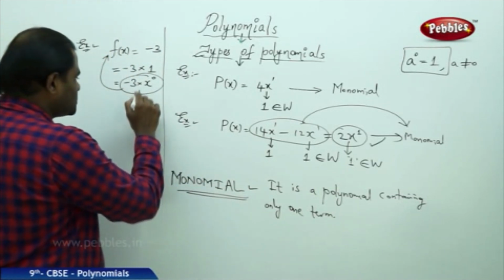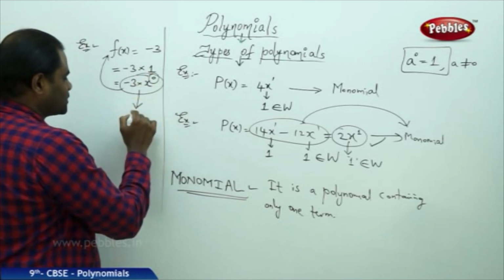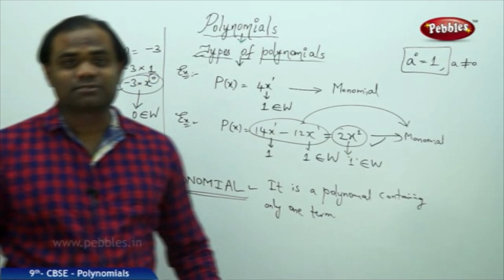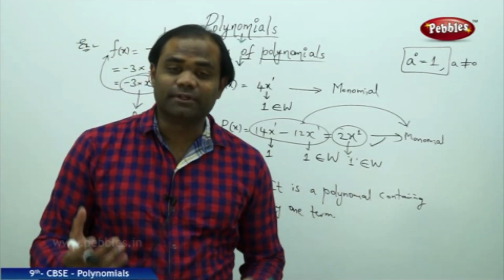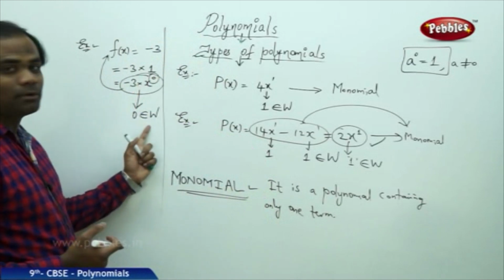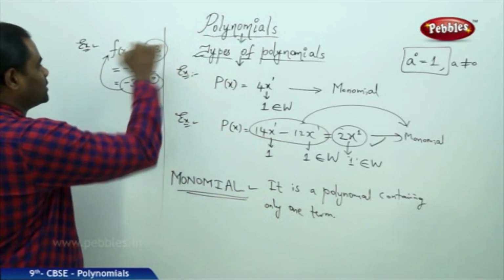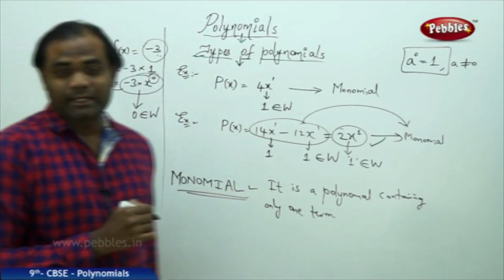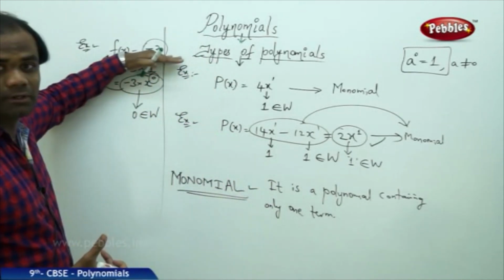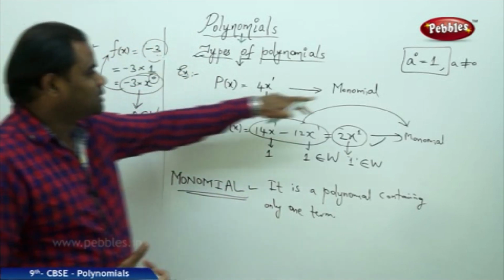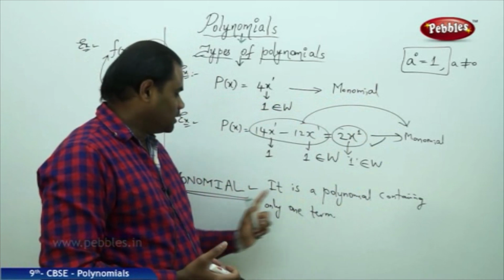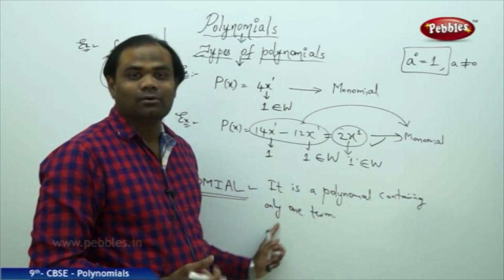So this is a polynomial because the power of x, which is 0, belongs to W, and thus satisfies the condition of the definition of a polynomial. So -3 x power 0 is a polynomial. So indirectly -3 is a polynomial, and it is a polynomial of one term because I have only one term out here, and therefore this is a monomial based on the definition of monomial: a polynomial containing only one